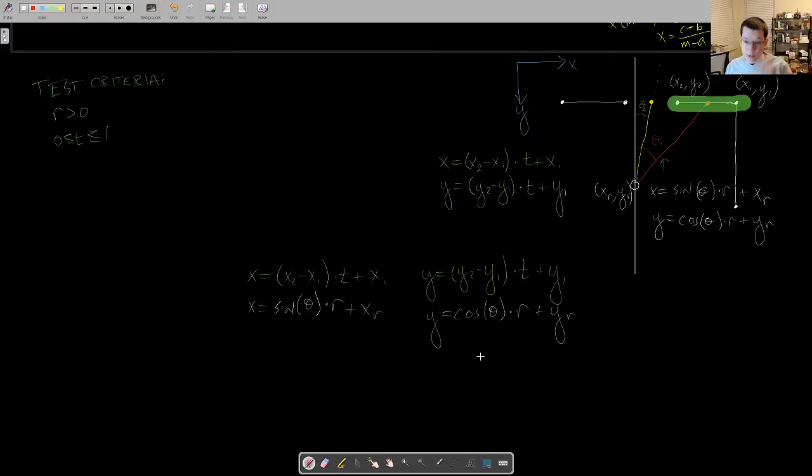Now, with that, we can form our linear algebra equations. So we'll say point P, which is what those points are, point P is equal to